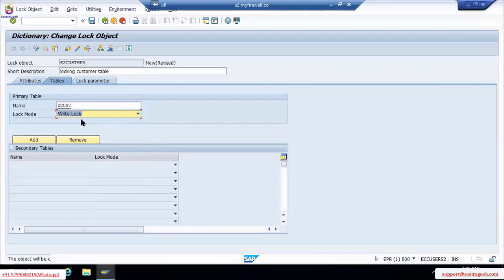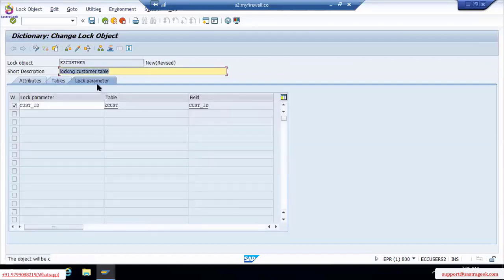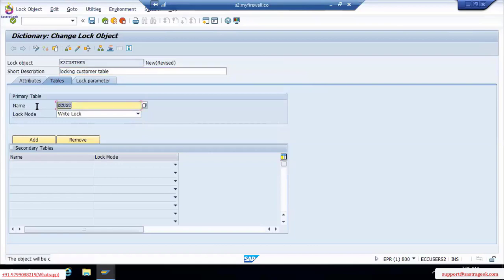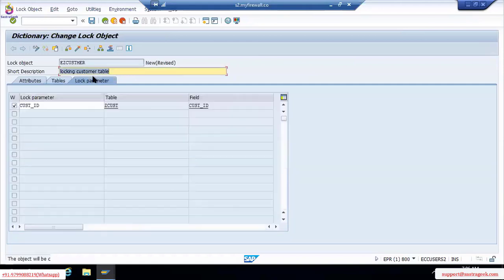Now once you click on the lock parameter tab, you can see the lock parameter automatically. I didn't enter this lock parameter, but how did I get it? When I enter the table name here, for which table I want to apply the lock object, automatically the primary key of this table will be considered as the lock parameter.